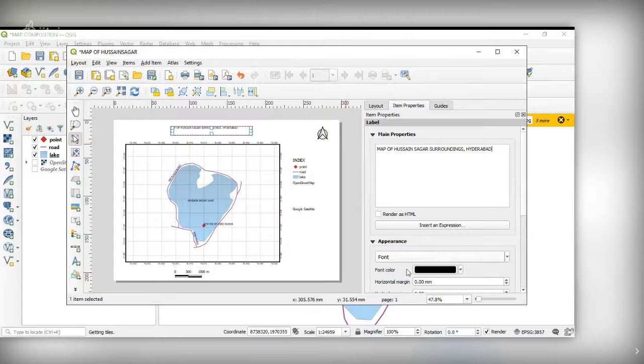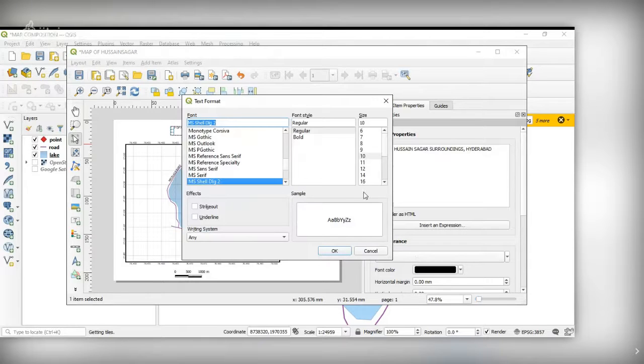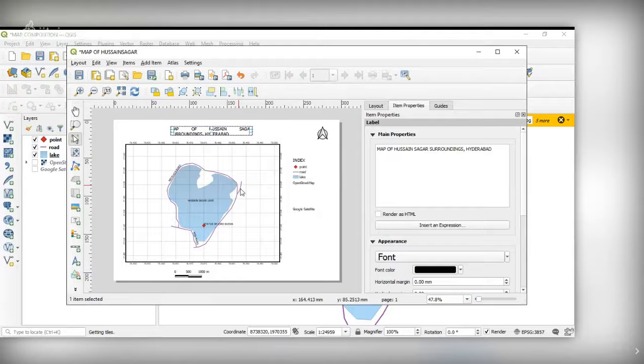So you can change the font size. Now I'll make it 16. The default is 10. Now I am changing it to 16. 16 is too big for this box, so now I'm changing the box size.